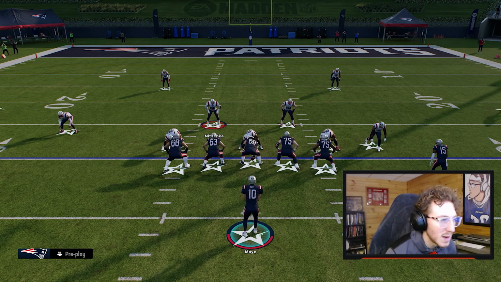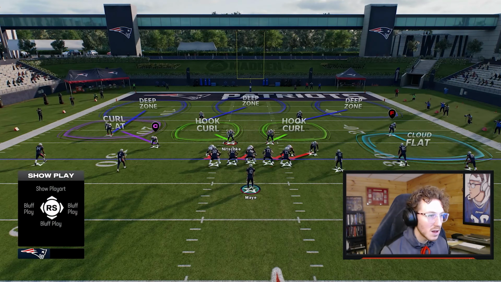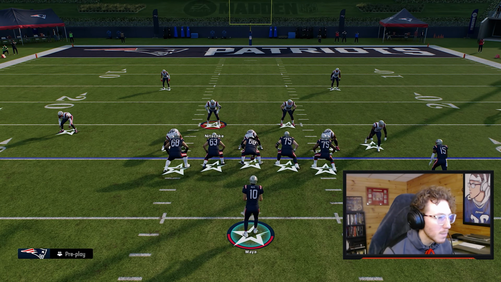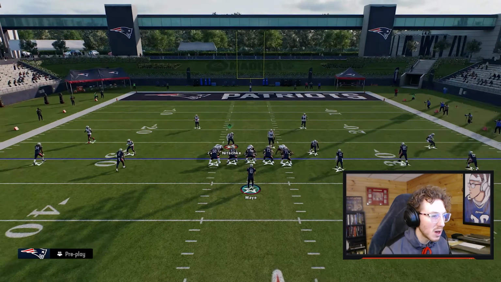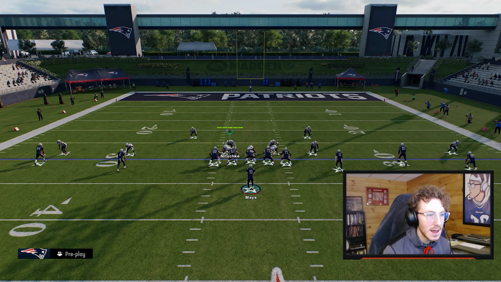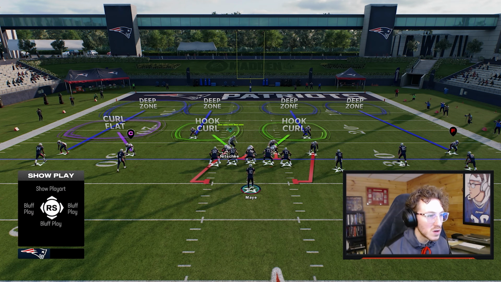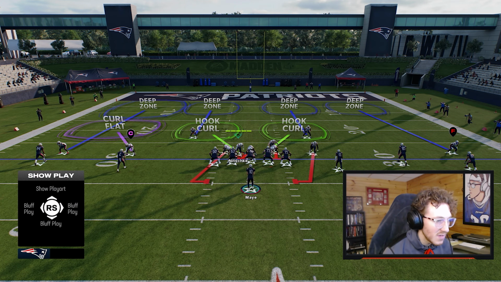Now the other adjustment I like to make is just going to be a cover 4 adjustment. So again, I start out in cover 3 cloud. I'm going to do the same thing pressure wise, so we're going to show blitz, pinch our line down, and contain, and then I'm just going to put the outside corner in an outside quarter. We're going to put the safeties both in inside quarters,